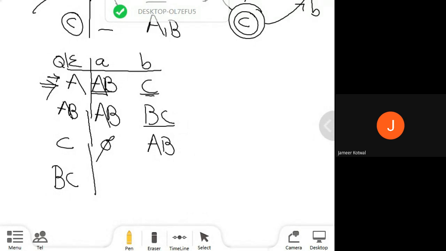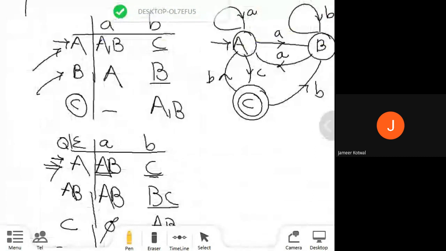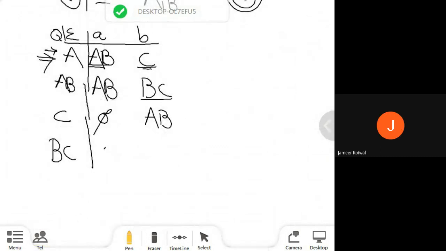In state BC, when I process A, we have to process A in B and in C. In which state do I reach, and what will be the output? Tell me. In BC state, I am going to process A. Just only A. Fine. This will be again a separate state, A. And in BC state, when I process B, it reaches again the state AB. So all these new subsets have been processed.